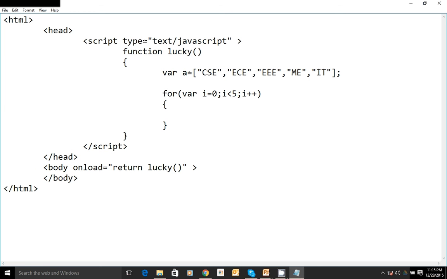I want to print them in the form of a list, so let me take text equal to the unordered list, UL, and then text plus equal to li, plus a of i, plus li.